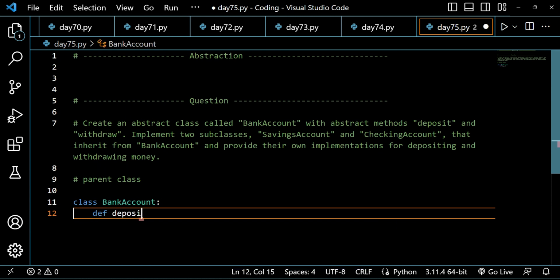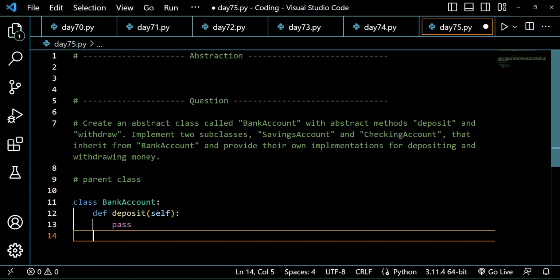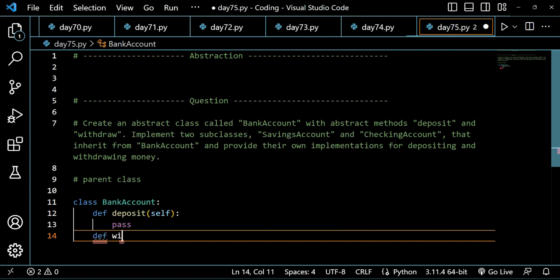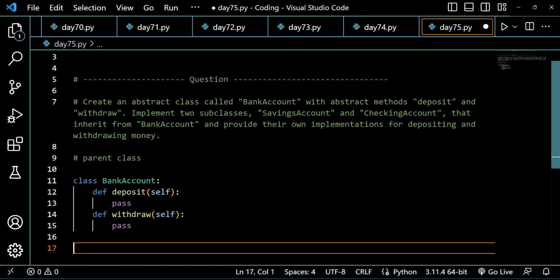First of all, we will create deposit here, and of course you will take self inside the parentheses, and I will just pass this value inside my parent class, because in the subsequent child classes, SavingsAccount and CheckingAccount, I will be overriding these two methods. So now let's create the second method, withdraw, with self again, and then I will just pass this again. Right now I will show you one thing: if I create a = BankAccount, I am showing you what the abstraction part is here, that if I just create